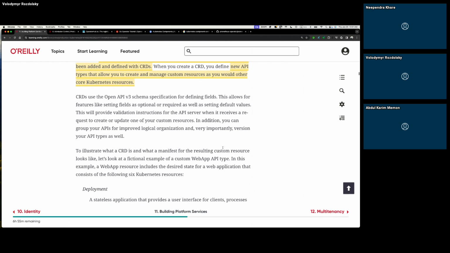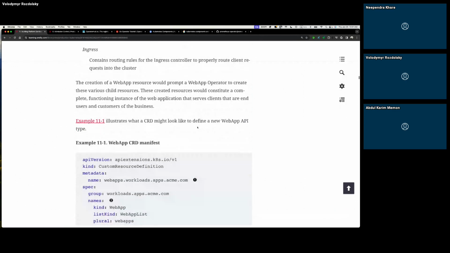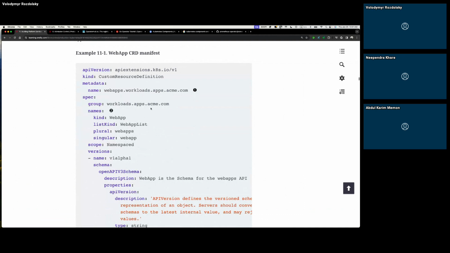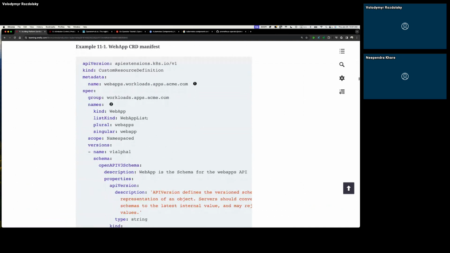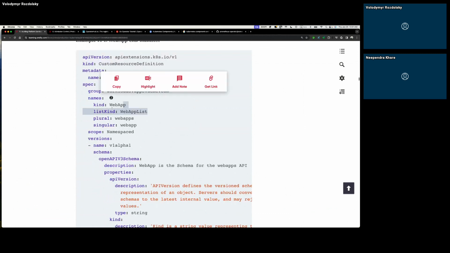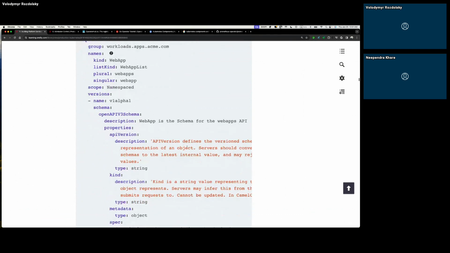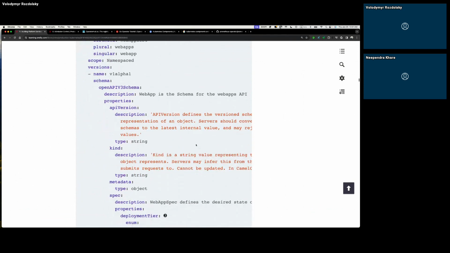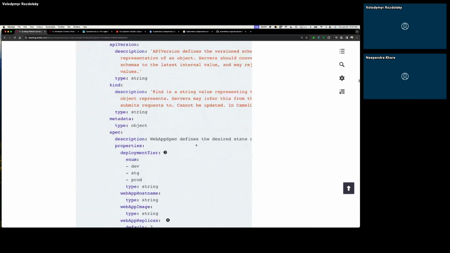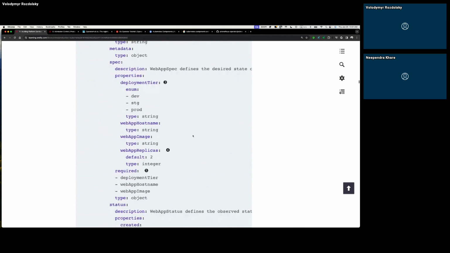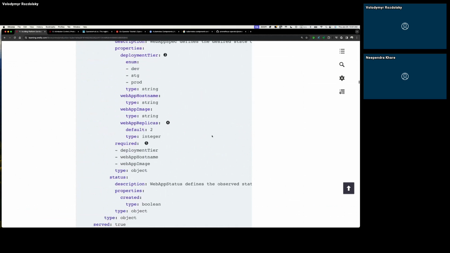Now, Valdemar, can you go to that YML file and actually explain? I think it would be much more clear. Yeah, so this defines what Nipandra talked about, the custom resource that we want to create and be recognized inside the cluster, and it uses this schema to define all the fields needed for the Kubernetes cluster to understand this resource.